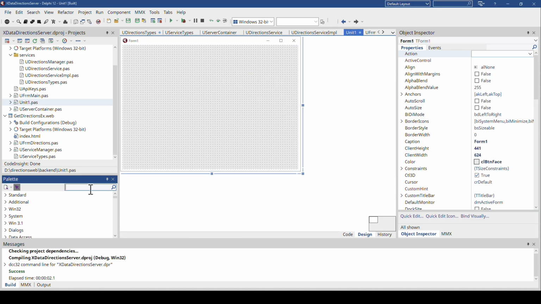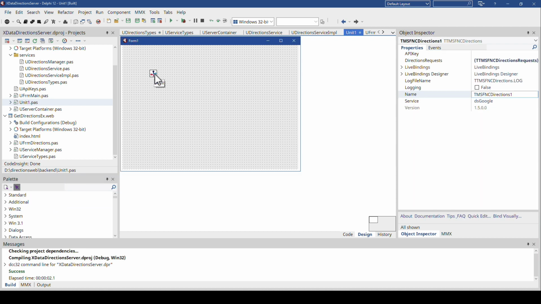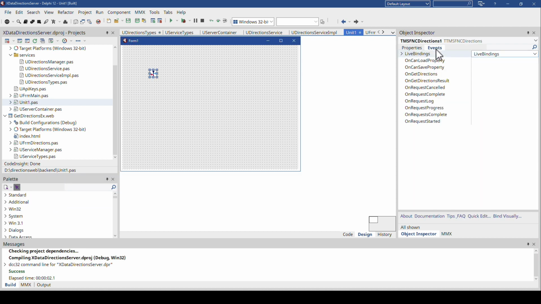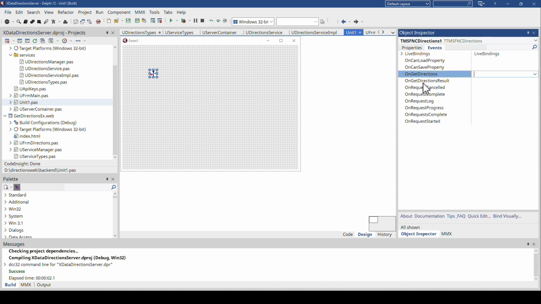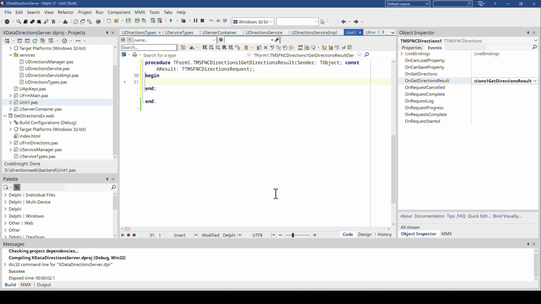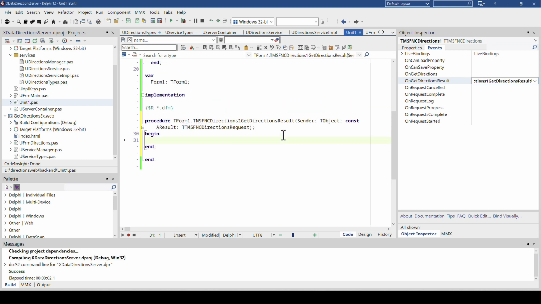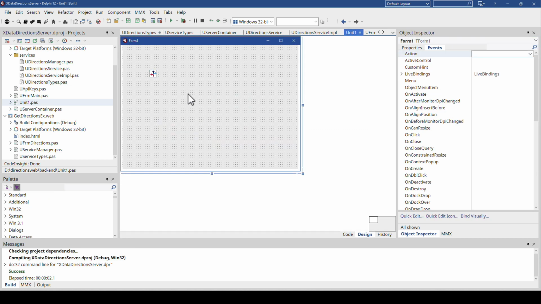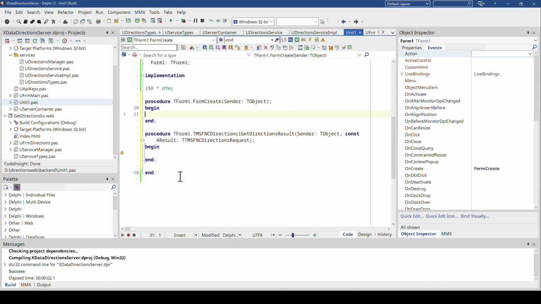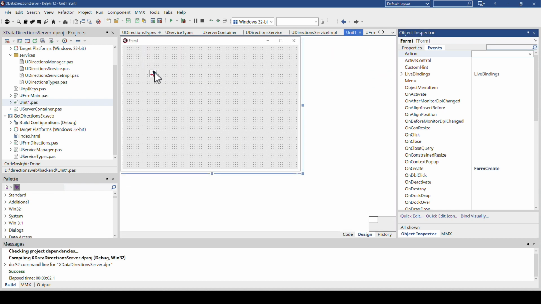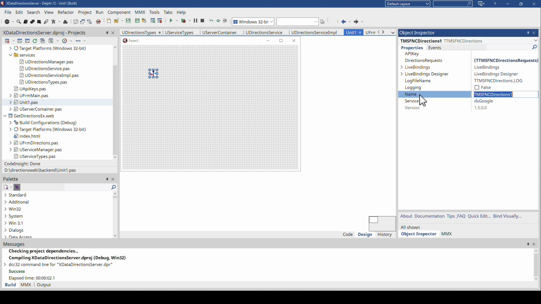And let's drop a FNC Directions, okay? Poof, right here. And I have events here, for example, the OnGetDirectionsResult. That's the key here. This event is triggered when direction results are retrieved. And that should ring a bell in your head, because if I implement something here, let's call this component Directions,